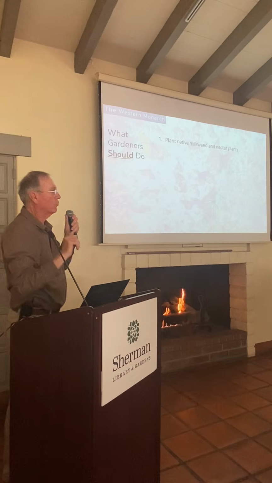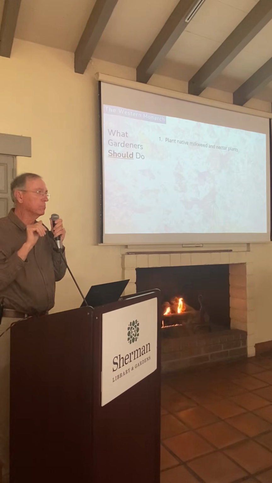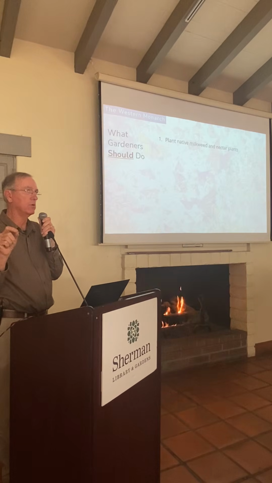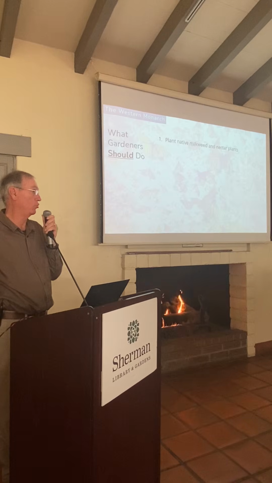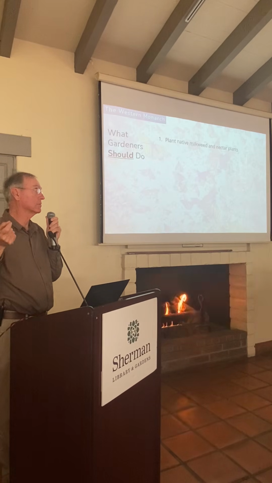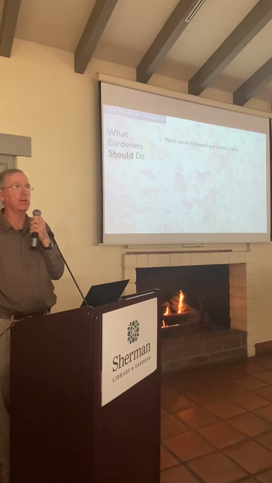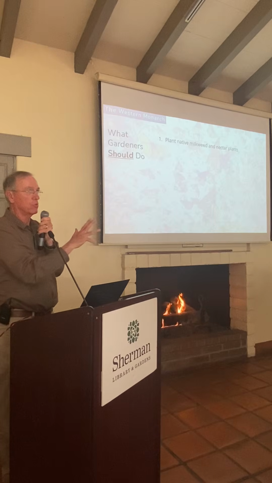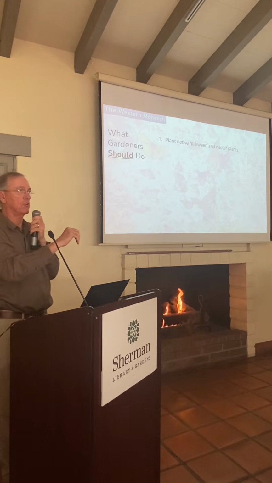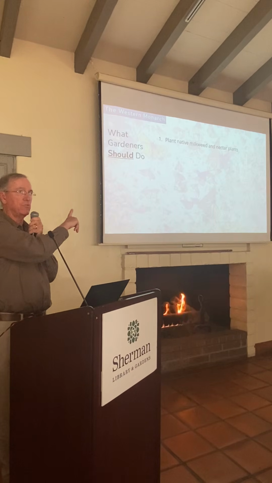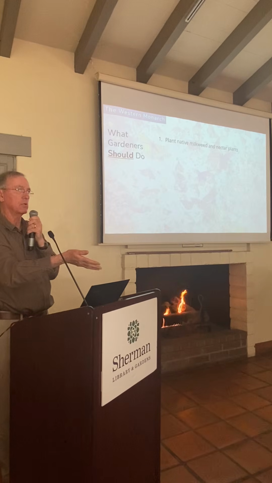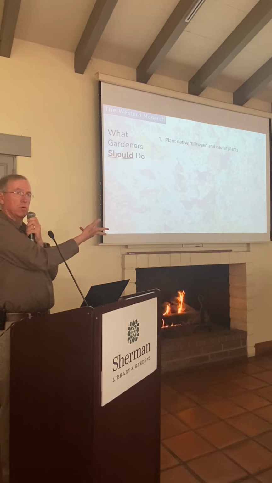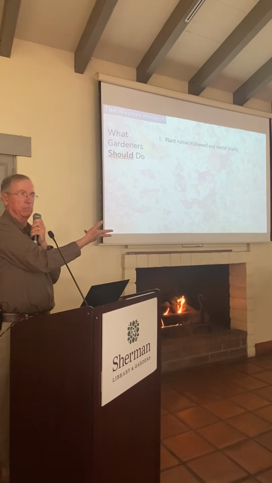So be careful planting milkweed near an overwintering site. It might not be a good thing to do. And that's as far as I can probably go without running overtime here. But be careful about milkweed right on the immediate coast, and especially around those overwintering sites. It might discourage the monarchs from doing their healthy migration.